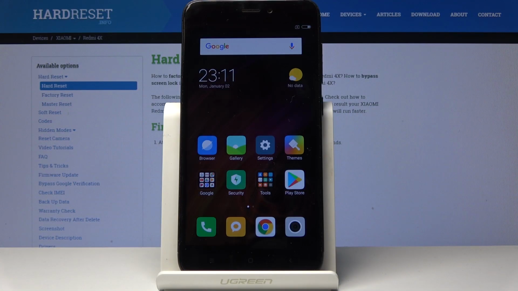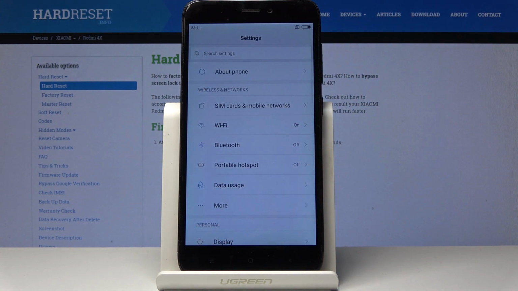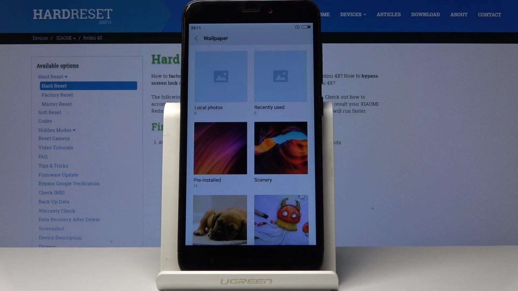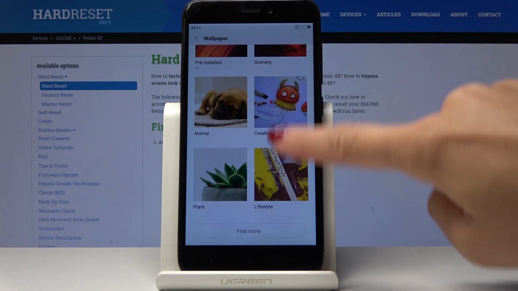Here I've got Xiaomi Redmi 4X, and let me show you how to change the wallpaper on the following device. So at first let's open the settings, then find and select wallpaper. You will find it under personal, and now you have to pick the source that you would like to choose